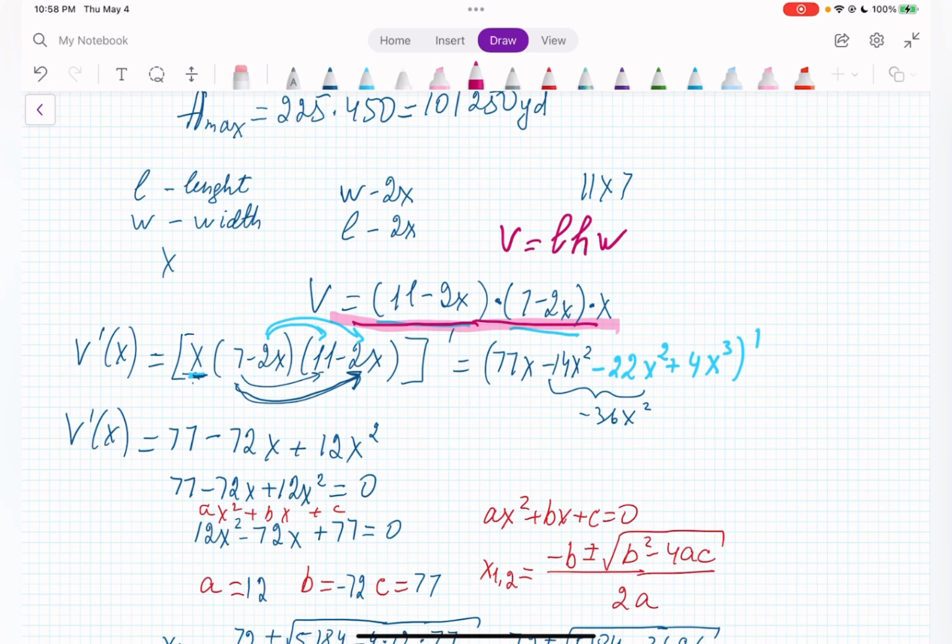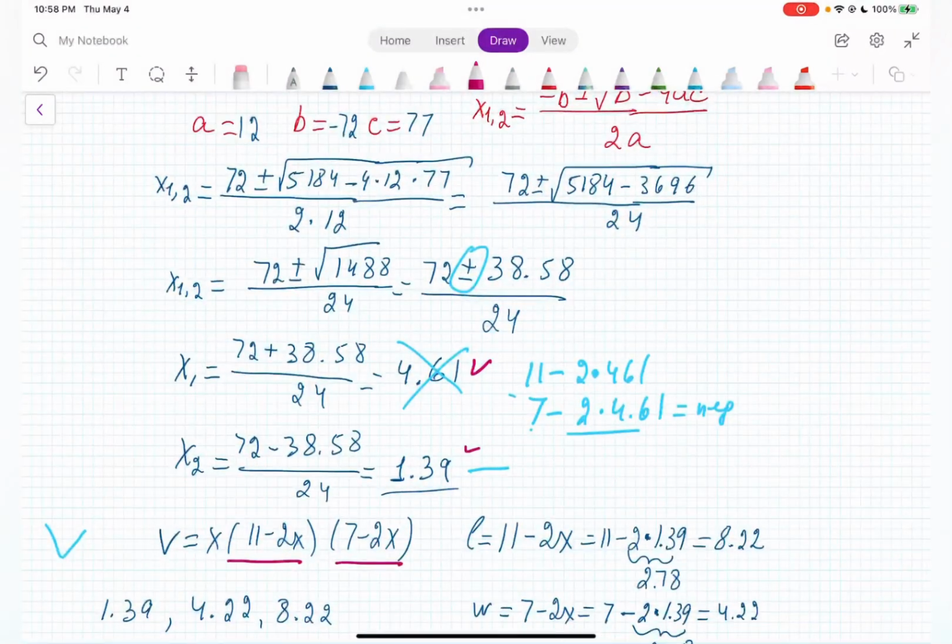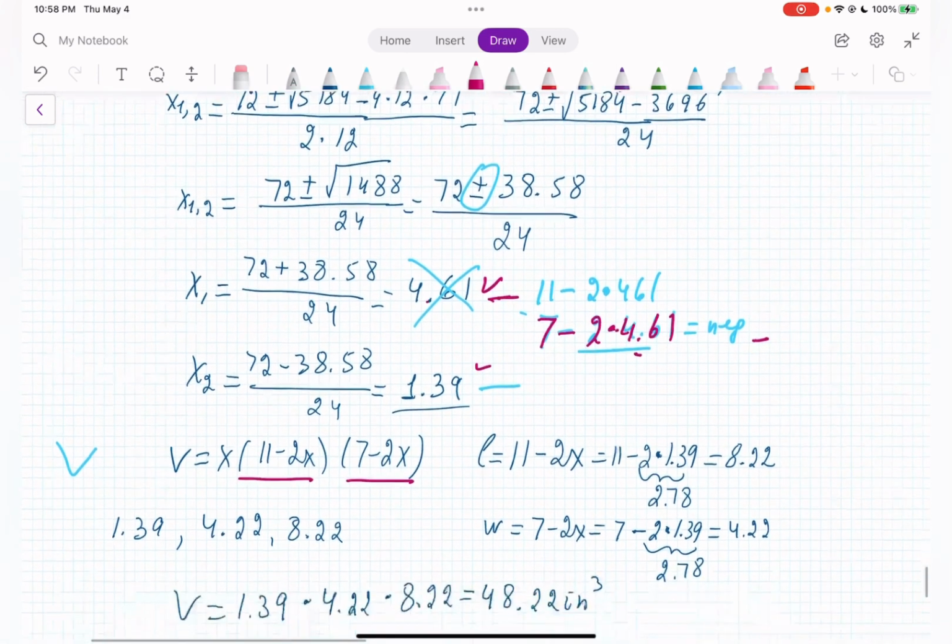If we plug 4.61 into 7 minus 2x, 2 times 4.61, we get a negative number, because 2 times 4 is 8, so 7 minus 8 is negative. Therefore, 4.61 cannot participate as an answer, and we end up with only one answer,